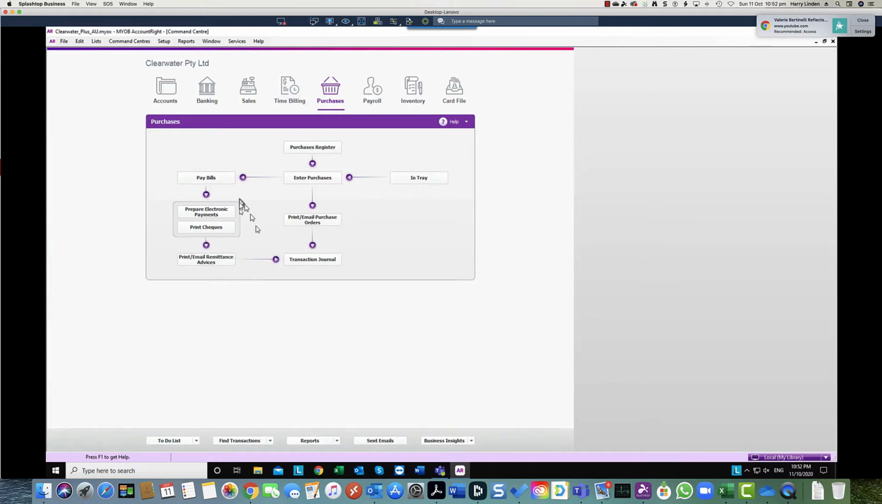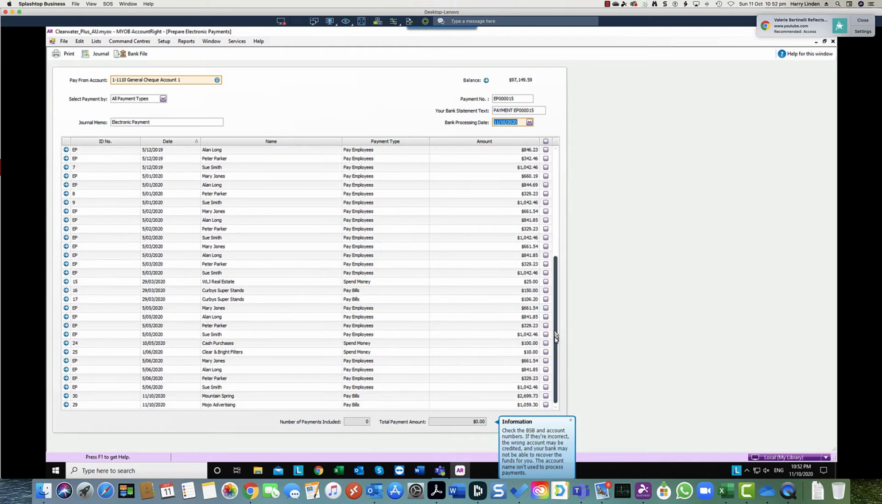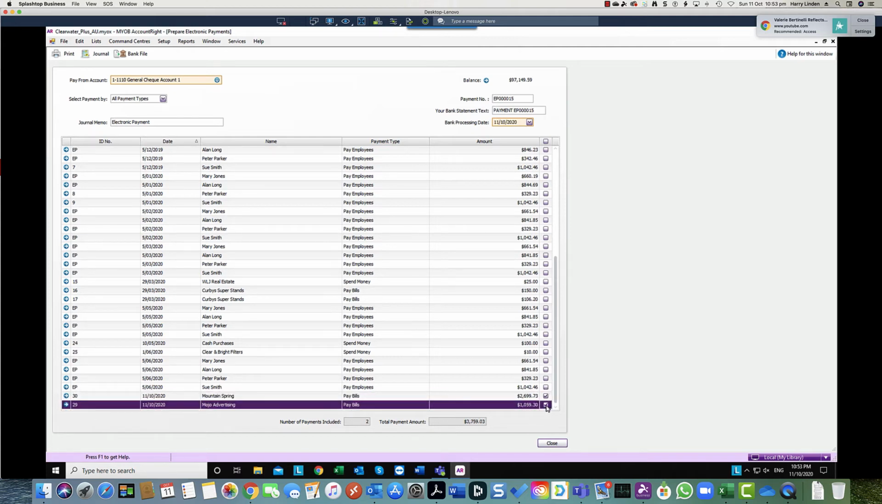So if we now go to paying bills, and so we've paid the bills and we're going to prepare the electronic payment file. So let's open that up, and because this is a test file, there's been a lot of entries in there that haven't been processed, but we're looking at the payment we made today on the 10th, and we're going to select both of those. Okay, so they're currently sitting in the clearing account, but they're going to be posted as a single amount